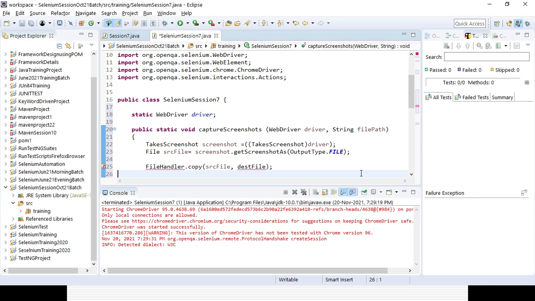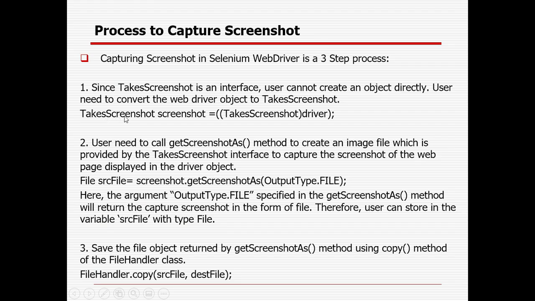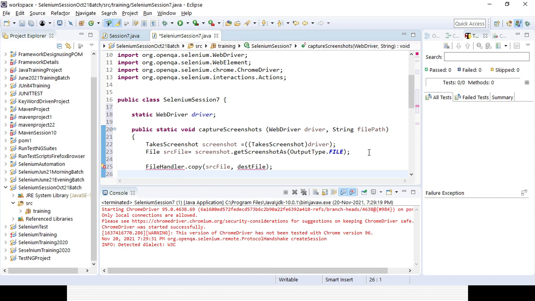Okay. Those are the three lines of code I am copying from my PPT here. First I am creating an object for the TakesScreenshot interface. Then I am calling the getScreenshotAs method and storing the result in a source file, and then I copy the source file into a destination file. Definitely, I need to declare the destination file before using it.